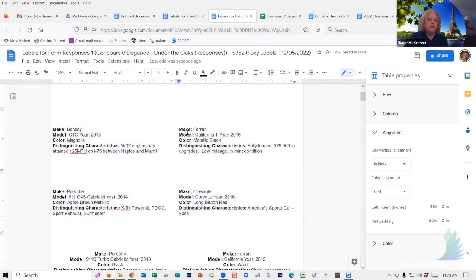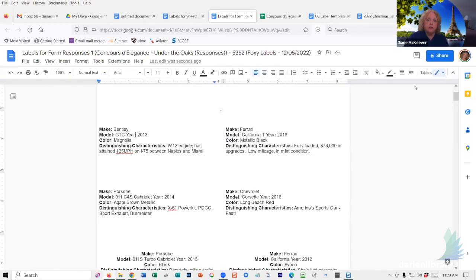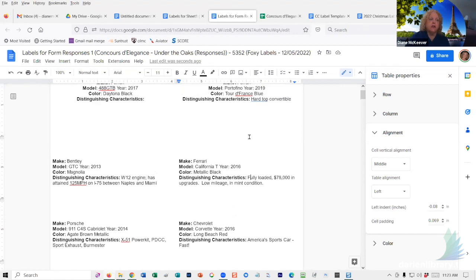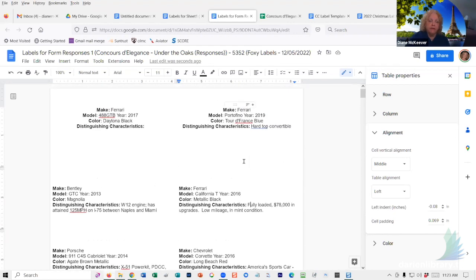So I did find it. By clicking in the cell, I had noticed that way over here, underneath an icon, were table properties and alignment. So good, I'm glad that we found that before the end of our webinar. I can't say that I use Docs heavily. I'm much more of a Microsoft person just because,